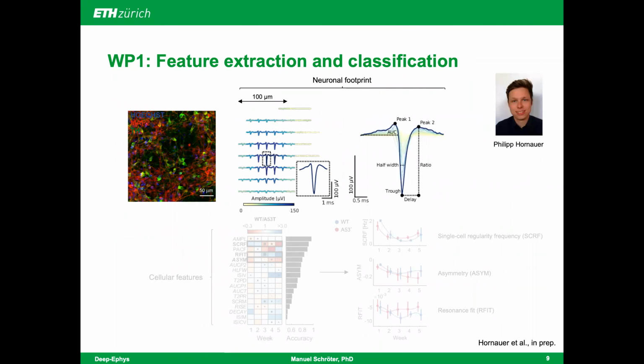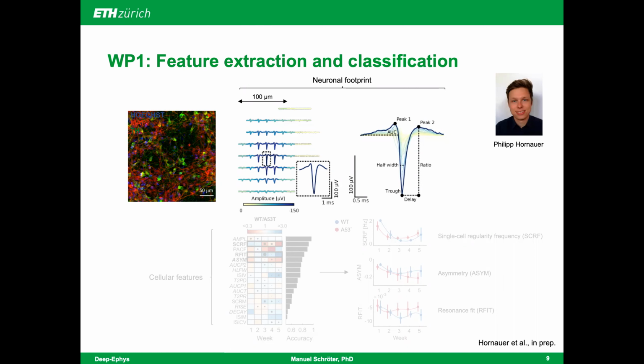As I've introduced in a previous slide, in the first study, we used two cell lines of human dopaminergic neurons, one healthy and one engineered with an A53T mutation. And we wanted to probe whether we can utilize HD MEA recordings for phenotypic screening. Philip Horner, a PhD student in our group, spearheaded this endeavor and spent most of his time last year to record the relevant data and to develop the analysis pipeline for this project.